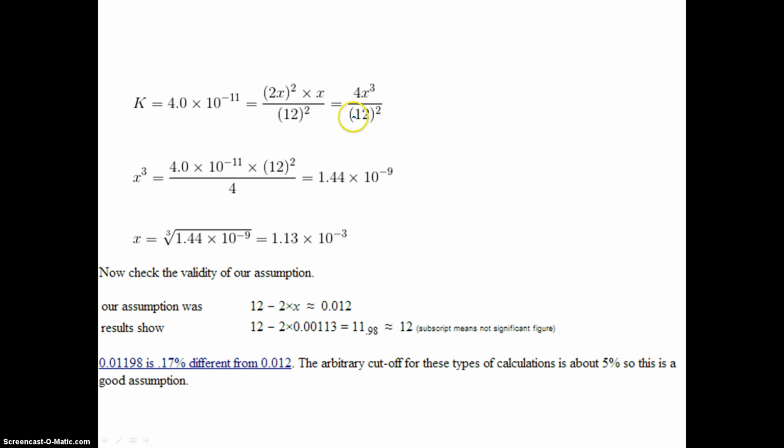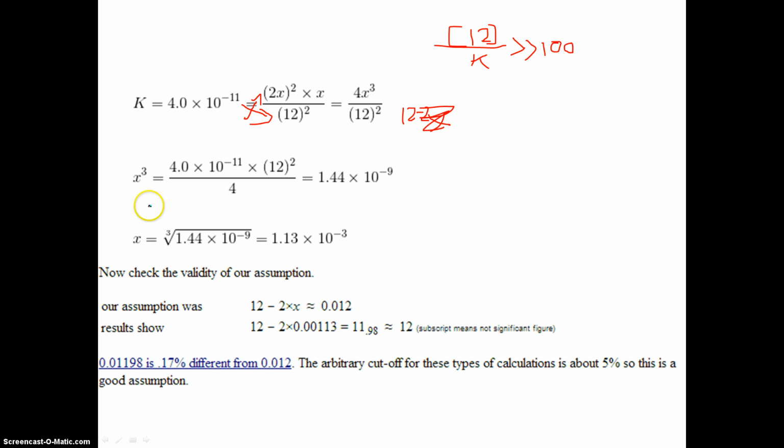So over here you notice we went from 12 minus 2x to just 12. And that's because we can test that assumption by using the rule of 100, which is taking the initial concentration that we had, which was 12, and then dividing by the K value, which is really small. And what this means is when you calculate it and we got a value that was much greater than 100, it tells us that we can drop that minus 2x. It is going to be so insignificant it doesn't matter. So we go from 12 minus 2x to just 12. This makes the math a lot easier because now you can just cross multiply here